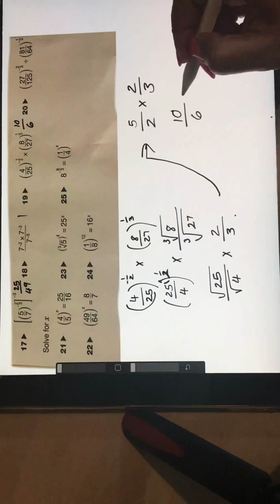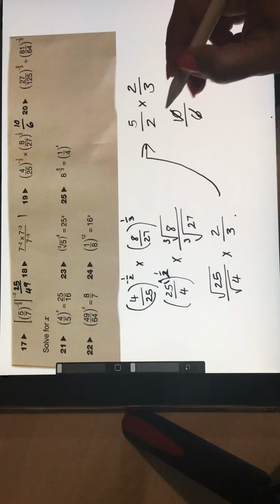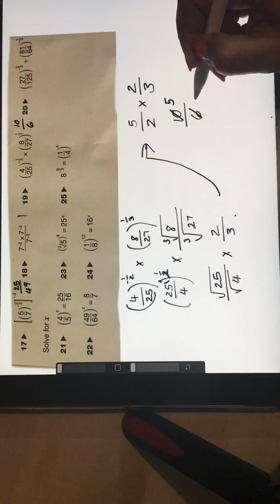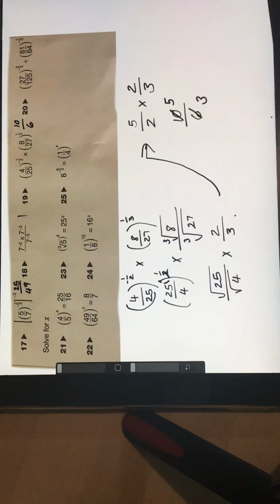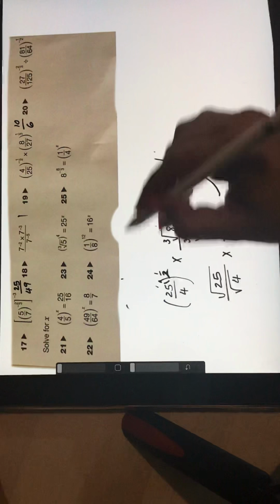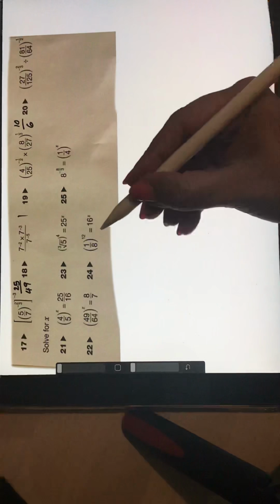We can, of course, if you want, simplify it by dividing both the top and the bottom by 2. So you have 5 over 3. But 10 over 6 is just fine for this instance. Right. So for number 20, we've got